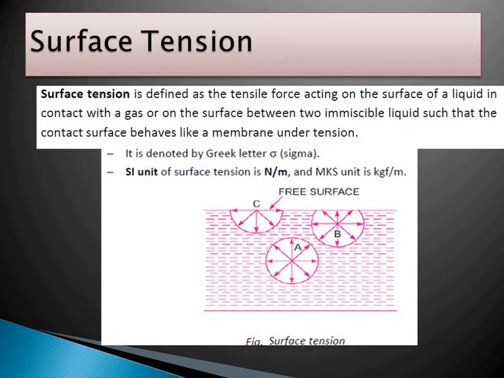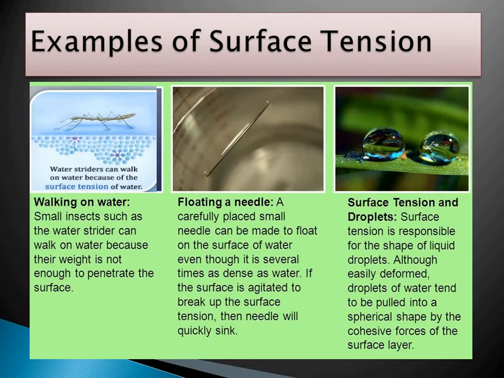So over the fluid, unknowingly it creates a small membrane, and due to the surface tension phenomenon only, we can say water droplets are produced. Again, floating of a clip over the water surface is another example of surface tension, where due to